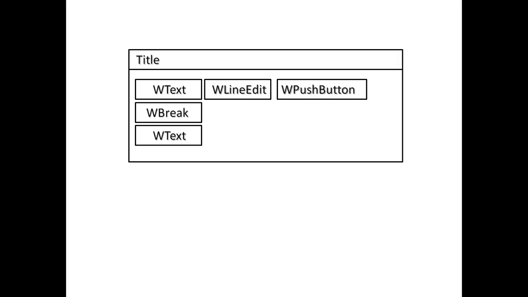You'll get the hang of it. Just think of it like this visually. You add one widget after another, then you do a break, and then you do the next control that you want to use, and in this case the response, which is of type Witty text. So that's basically how you lay out a Witty application. You'll see more examples of this as we go along. I think this will really help people to understand how you would lay an application out without just looking at just C++